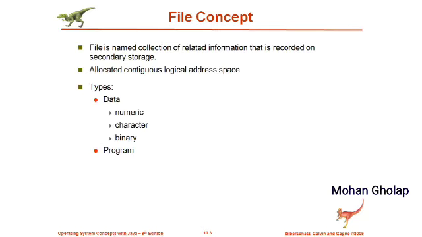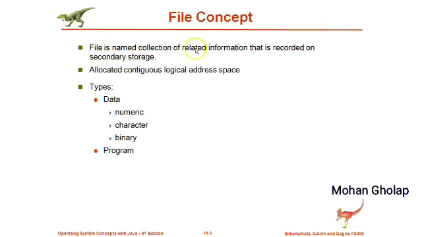So what is a file? We know that a file is a named collection of related information that is recorded on the secondary storage. Not only secondary storage, the file may be stored on the primary storage also. When you want to store some information or data, you need some storage for that. And whenever you store it, as and when required, it should be possible for you to access that information. That's why we use a file, which is basically a storage.